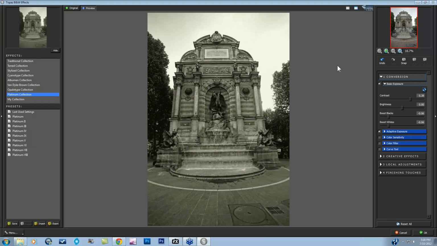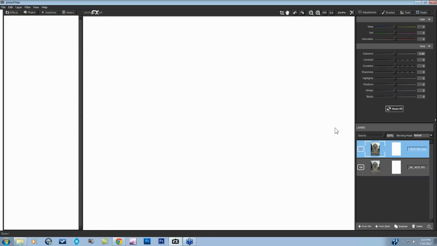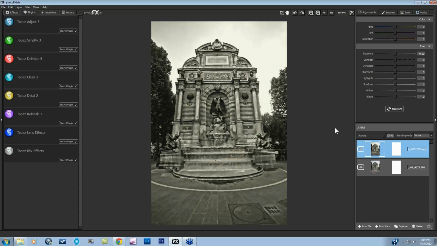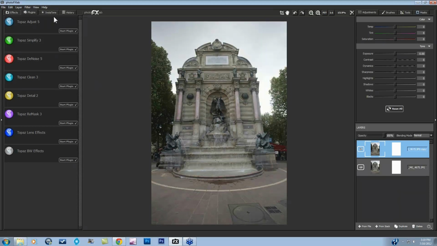Then once I'm happy, I can say OK and then bring it back into photoFXlab, and again this will be applied to the layer that I was on. People have been asking, it doesn't recognize my Adjust 3, it doesn't recognize my Simplify 2. That's because it's not going to recognize the previous plugin versions. It's only going to recognize the latest versions. That's good to know. All right, so let's delete that and we'll move on to one of my favorites, the